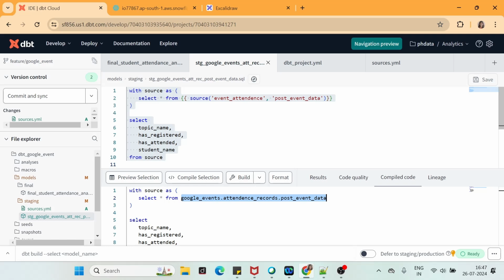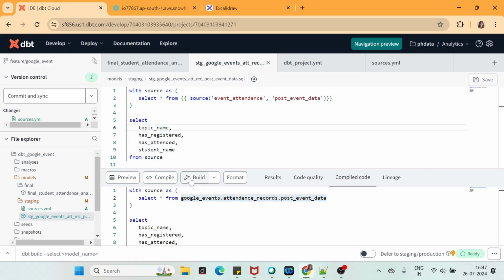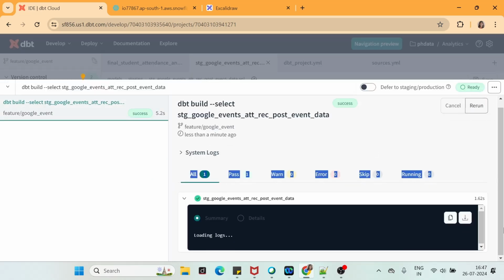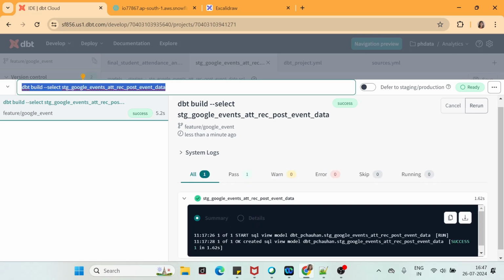Let me just build it just to show you it goes to a success level. Right, so it got success, and a view has been created. So here we can see created SQL view, your schema name dot your model name.